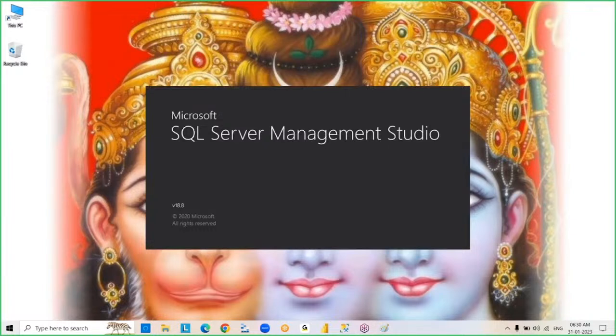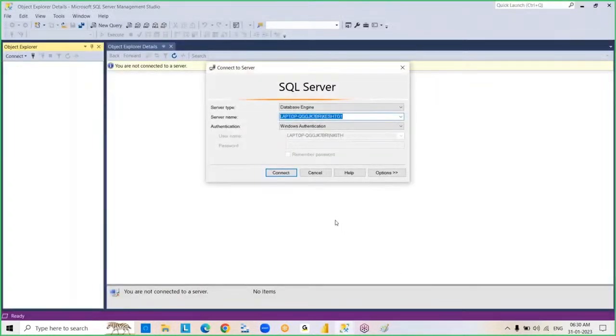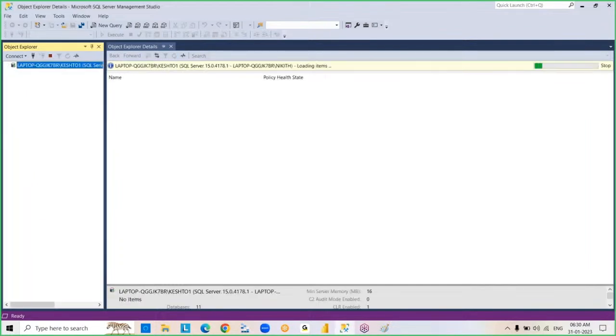Enrolled participants, you can talk to the training team. They will give you access to SQL installation videos so that you can complete SQL Server installation. See this, this is the Management Studio environment. This is your server. So now just click on the connect button. So we connected to